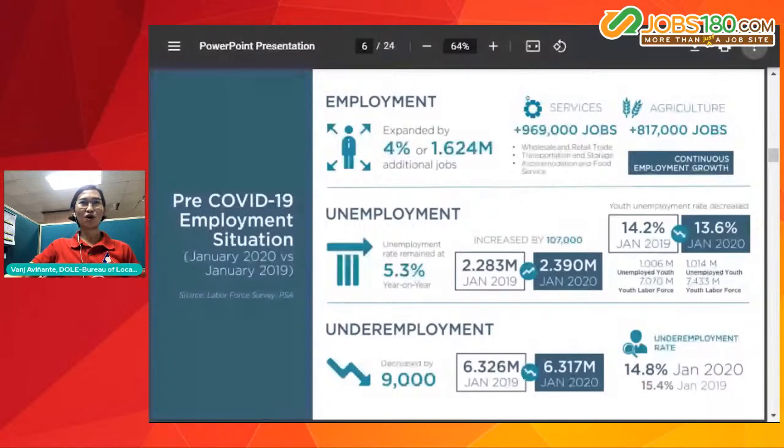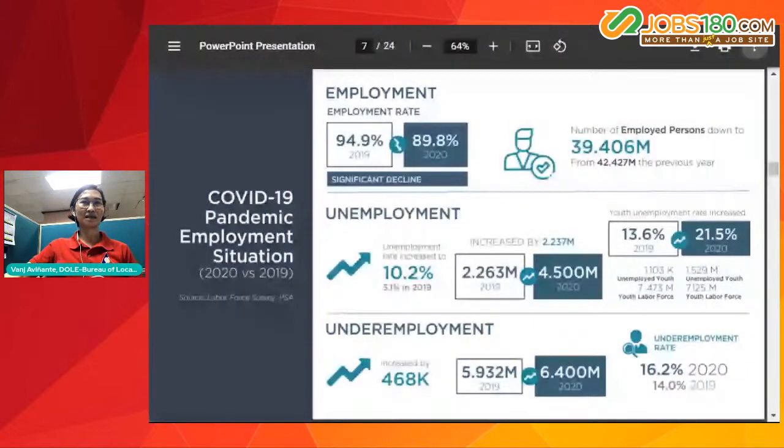for us to ponder on the COVID-19 pandemic employment situation. So, tignan natin kung paano nito nabago ang ating labor market landscape. Now, please take a look at the concepts that I have mentioned to you. The number of employed person was down to 39.0406 million in 2020, resulting to 3.021 million job loss. Imagine that. The unemployment rate reached 10.2% in 2020, and this is 2 times higher than the recorded unemployment rate